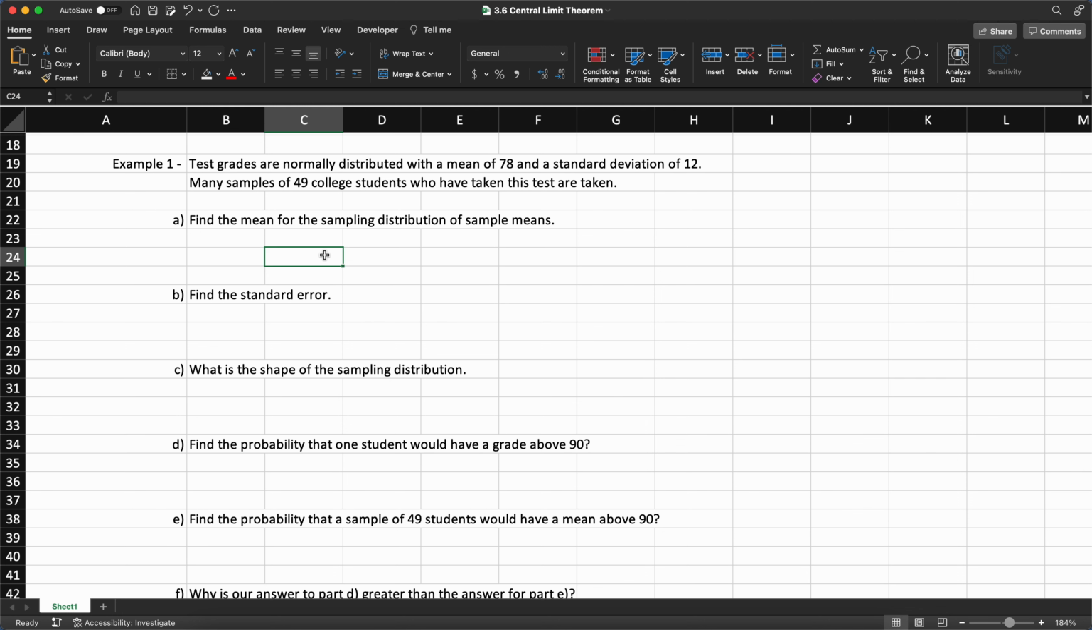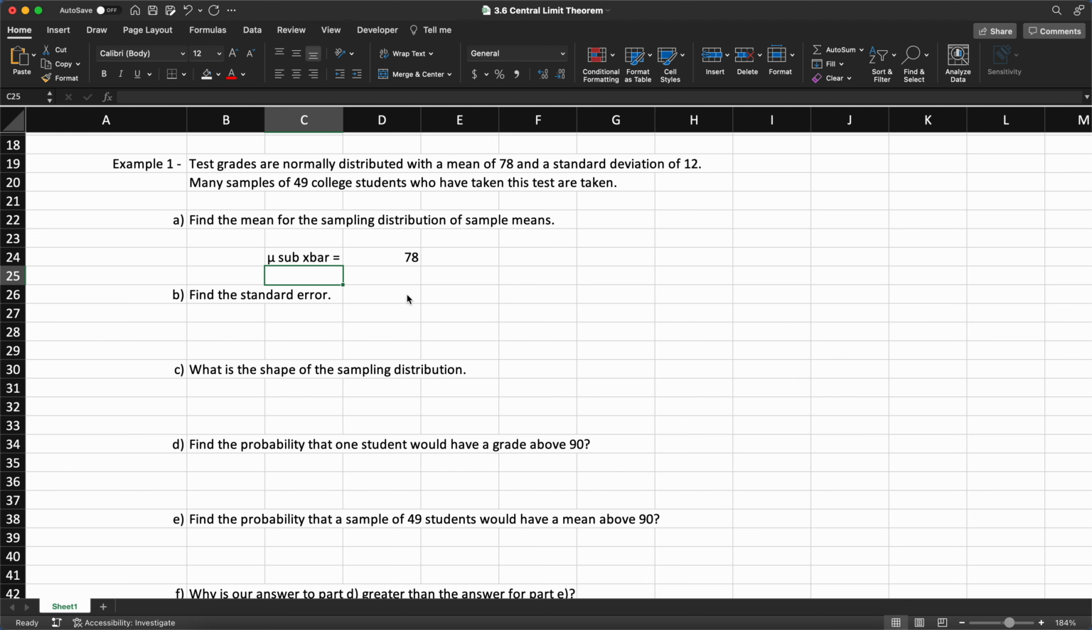So again, the mean of means, mu sub x bar, and I don't know how to do a subscript on here. So the mean of the sampling distribution, mu sub x bar, is always just going to be equal to the population mean. So the mean of the sampling distribution of sample means is 78 because I'm taking many samples of it. And if you think about it, and we'll get to this in a minute, the more people